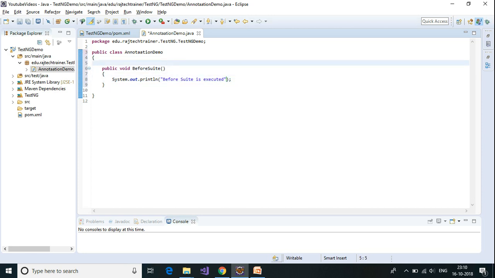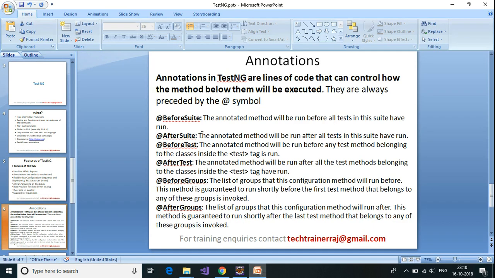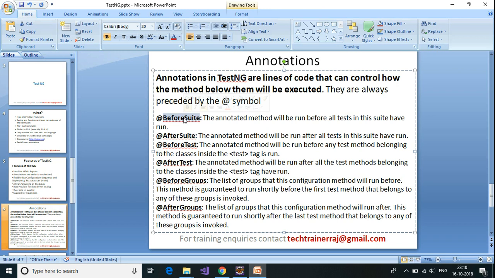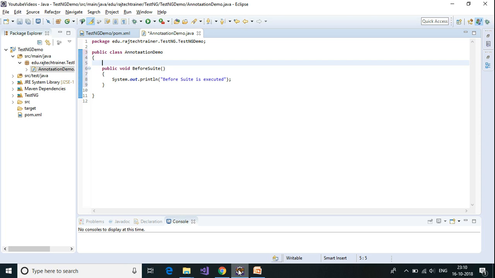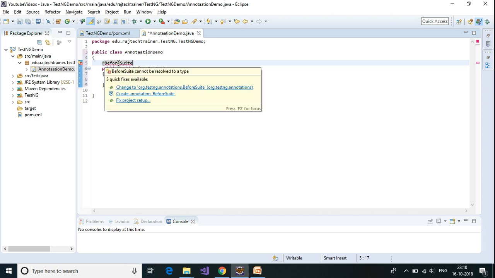Okay, for this I'm going to provide the @BeforeSuite annotation. Okay, I'm going to provide @BeforeSuite. Okay, so now we need to add